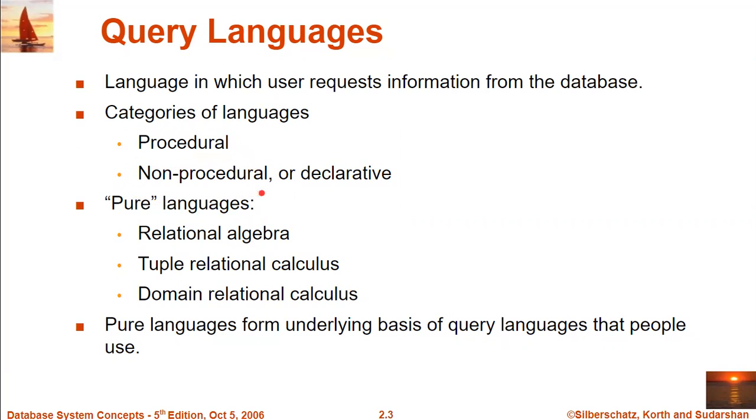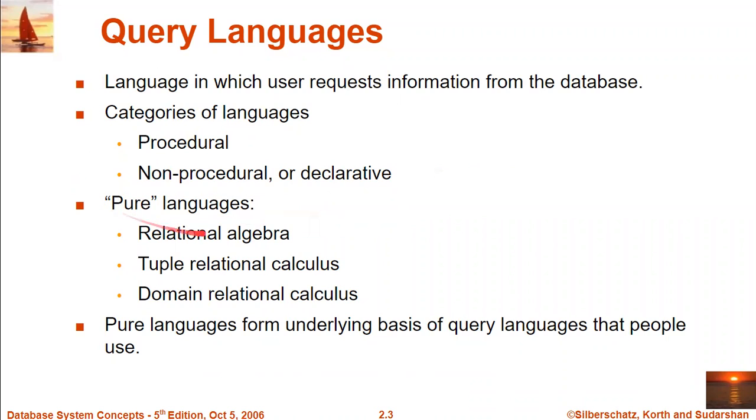When we talk about non-procedural languages, they are also known as declarative languages, which means we need not define the procedure. The developer or the programmer need not define the procedure. He simply declares what is needed without defining how it is to be done. It simply says what is to be done. Need not define any procedure.